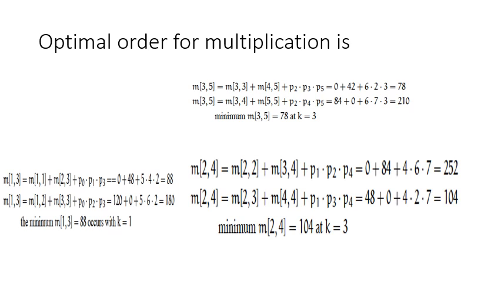So see what is the optimal process to multiply these 5 matrices. First we multiply the matrix a2 with a3 and then its result with a1, and then we multiply the matrix a4 with a5 and its result with this first result, and we will get the minimum number of multiplications.